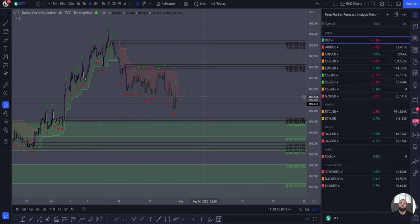So even though our short-term currency bias for the week is bullish, if supply is in control, then we're looking to ride the coattails of the institutions, and so we are going to look for short setups until, for me, an unmitigated supply, or sometimes not necessarily unmitigated supply. So I'll just say until a 4-hour supply is taken out, I will be looking for shorts. But once that supply is taken out,